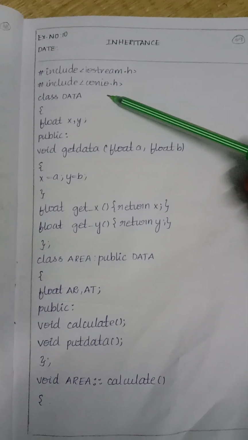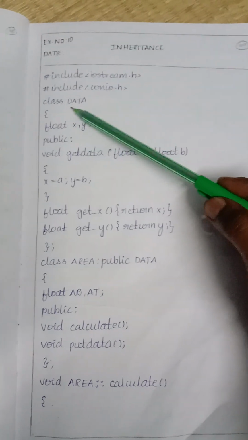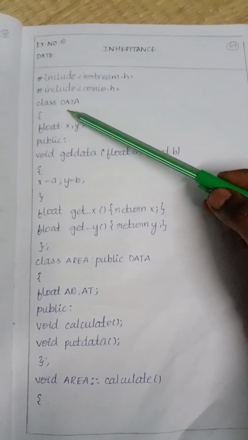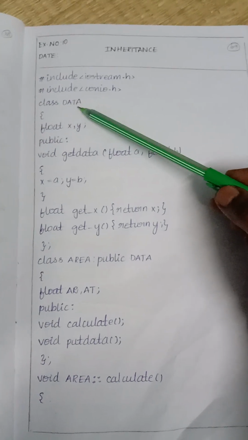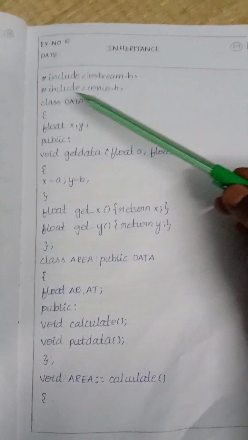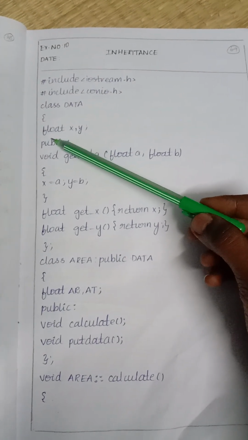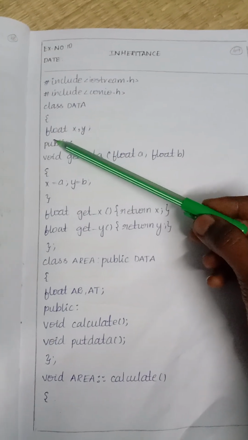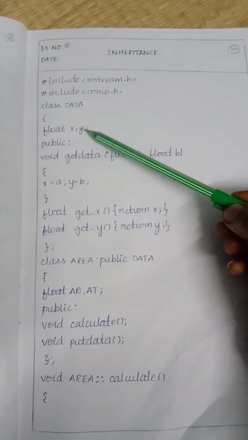Next we are defining the class. The name of the class is data. We can define any class name with capital or small letters, whatever we want; we can use that name to declare a class name. Next, open bracket, we have to declare the variables that we use in that class. So float x, y we are declaring,